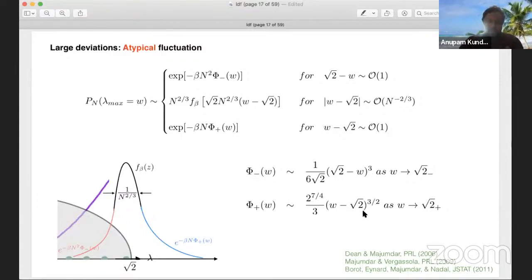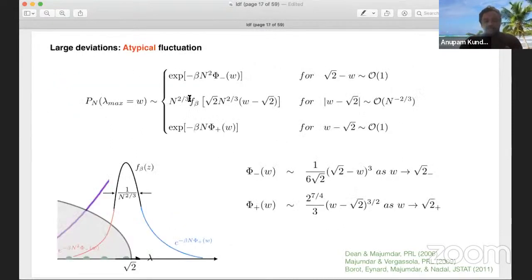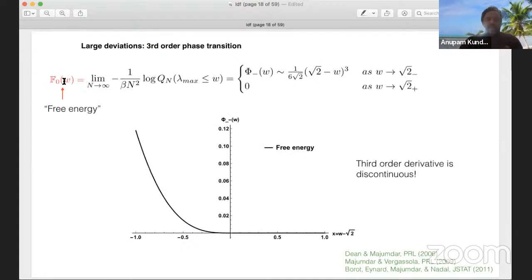Very good. Now, if you look at this probability, this is the cumulative probability, and take the log of that quantity, divide it by n squared, and take n going to infinity, you will get minus beta n squared phi minus W on this side, and minus beta n phi plus on the other side. Then you divide by minus n squared and take n going to infinity, this side will go to 0. Only this phi minus W survives,